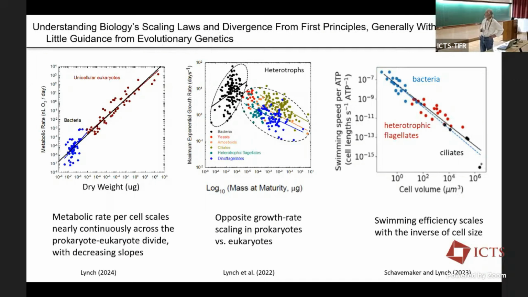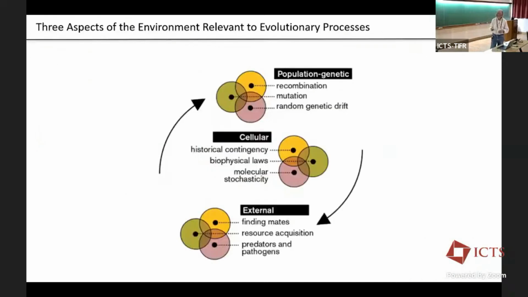And the one on the right is a measure of swimming efficiency for energetic investment across the tree of life. So all these are general scaling relationships that people have observed, but this is done completely in the absence of thinking about genetics. Usually engineering sorts of arguments are made to explain these things, and I'm not sure that those are always the appropriate arguments.